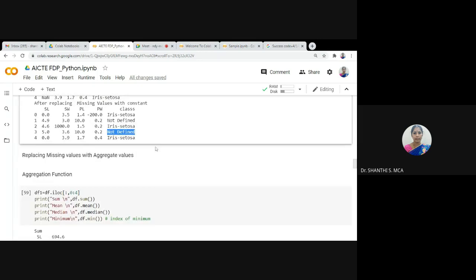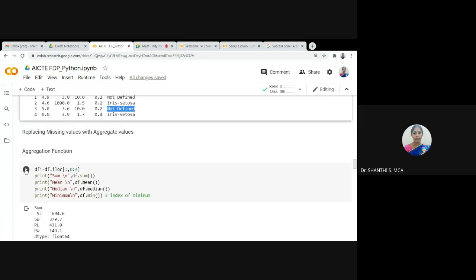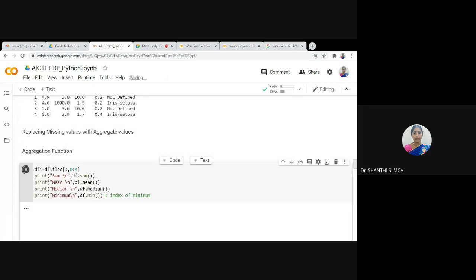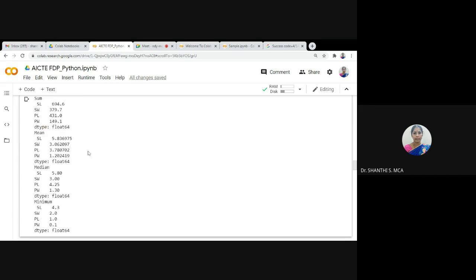Or if you want to replace the missing value using some mean value or median value, you can make use of the aggregate functions. Suppose if you want to replace with the mean value, we can use df.mean(). Or if you want to replace with the median value, we can make use of df.median(). Okay. So these are used to find the sum, mean, median, minimum and so on.